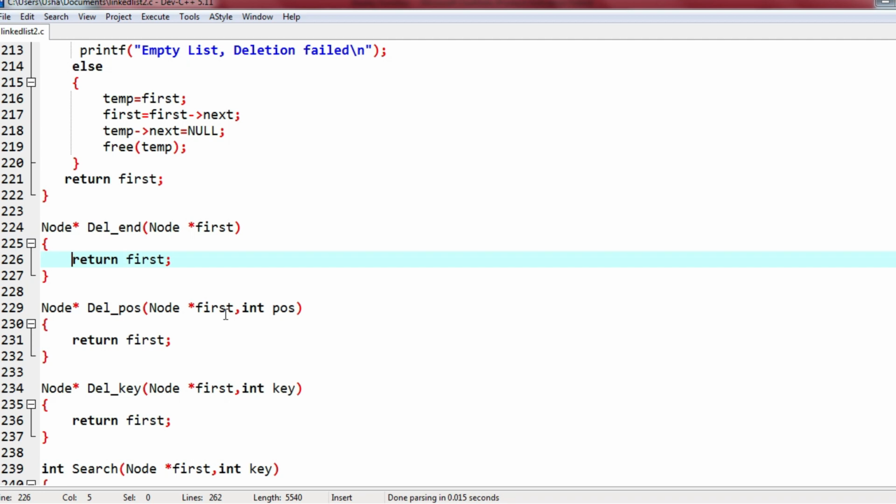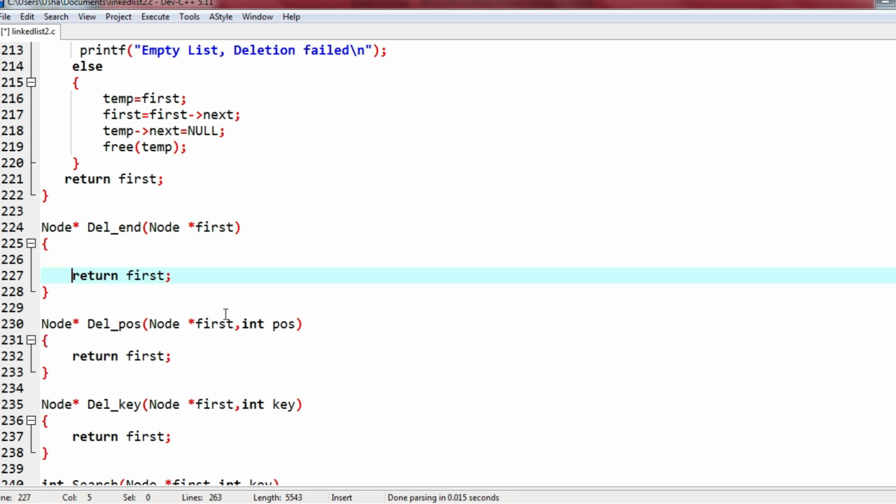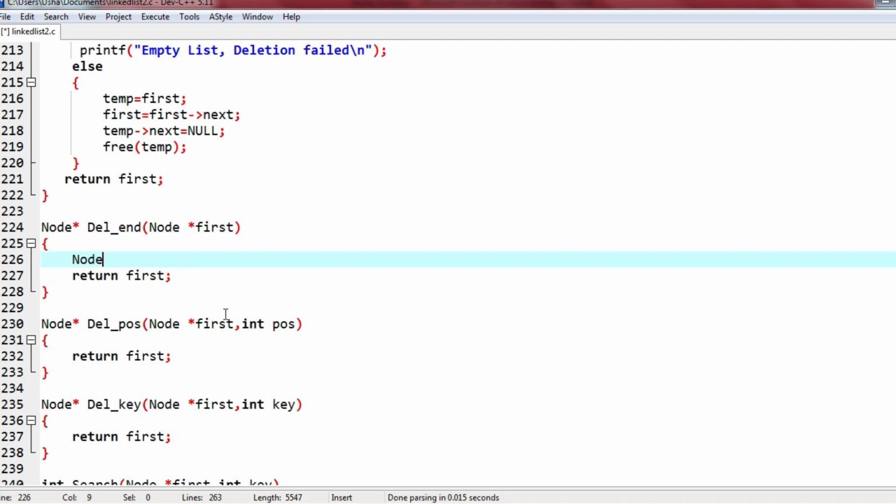Otherwise, take another pointer, keep moving till the end until you reach the next pointer. Once you reach the next pointer, you can just free that pointer. Okay, these are the two options or various conditions that we need to check here. So I will give node star temp.